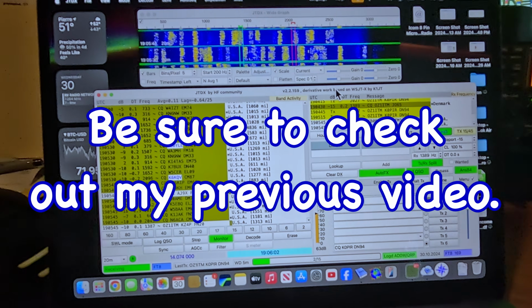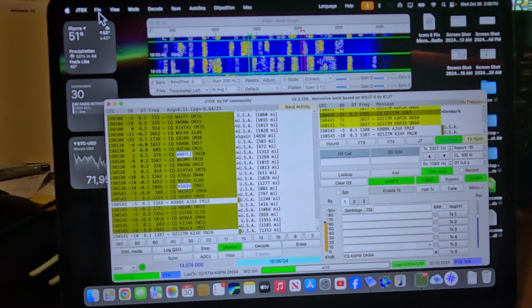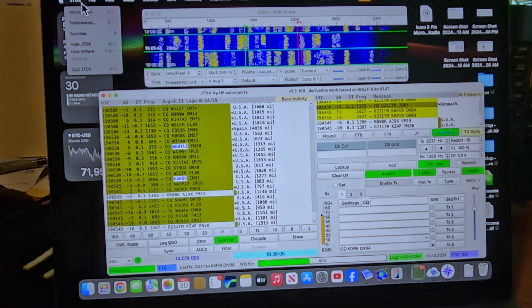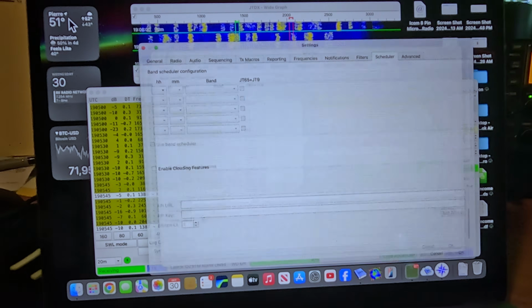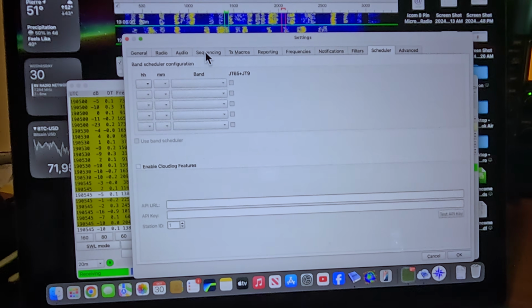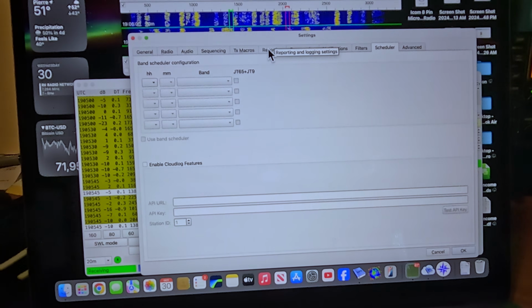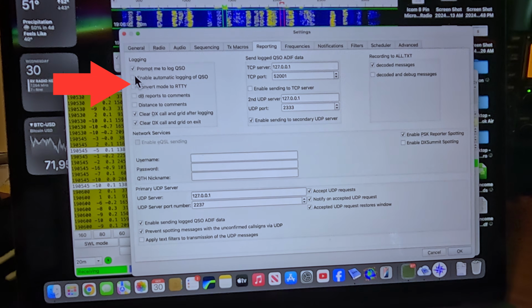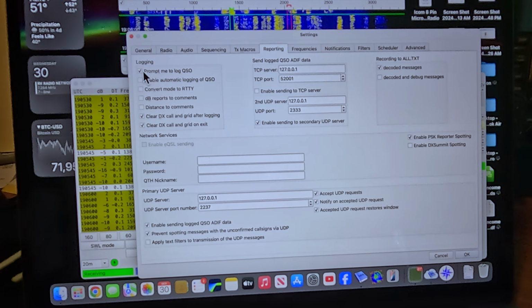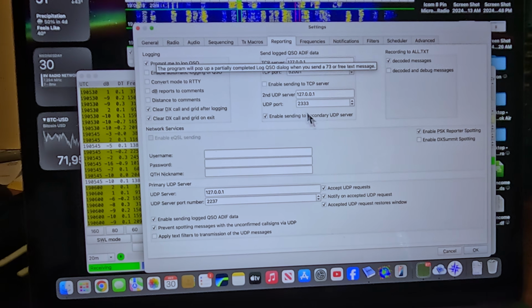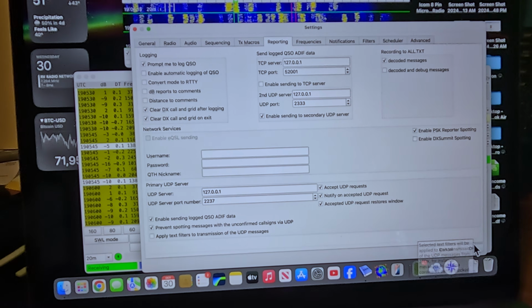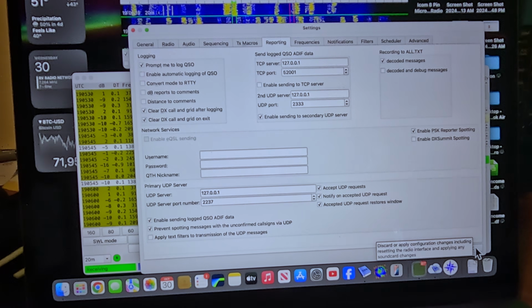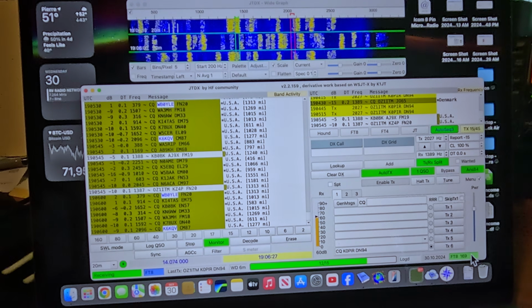One thing I want to make sure that I do not have checked in here is the auto log. Let's go to preferences and then over to reporting, and we want prompt to log QSO enabled right there. That's what we want. Prompt me to log QSO, because this will log it automatically, which is pretty neat,